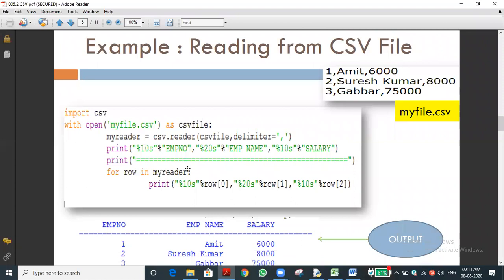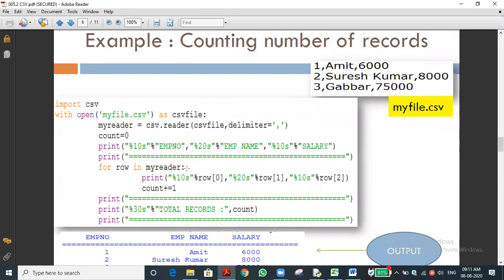Okay, let us go to another example program. It will give more clarity to you. This program is used to count the number of records. For example, this program will read the entire records from the CSV file, and it will tell the number of records present in the file. How to count the records? I already said, what is a record as per the CSV file? Row is called a record and column is called a field, that we discussed. Can you recall that?